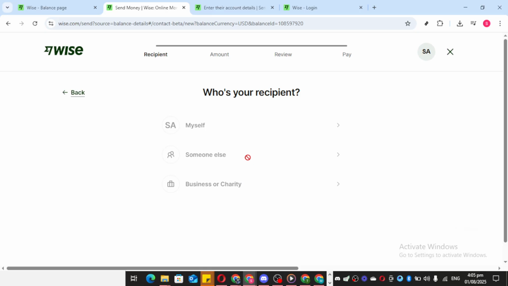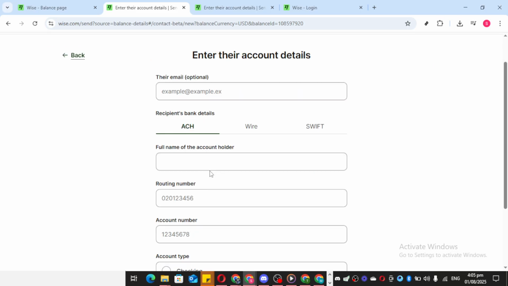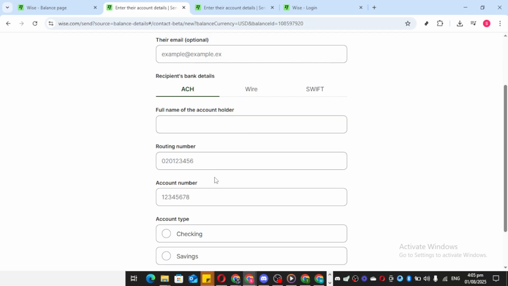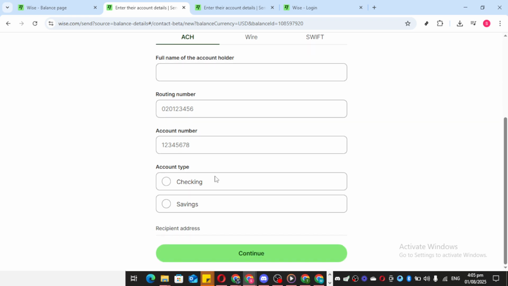This will take you to a new page where you are required to enter all the account details of your recipient. It is absolutely crucial to ensure that the details you enter here are accurate. Double-check the account number and bank routing information. It can make all the difference between a successful transaction and a stressful situation trying to recover funds sent to the wrong account. Once all the recipient's information has been correctly filled out and verified by you, proceed by clicking